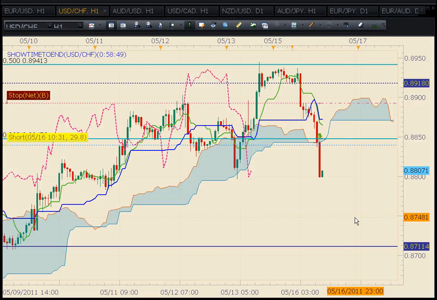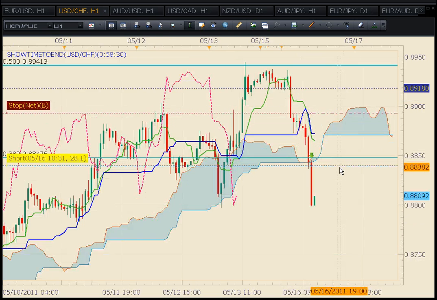Okay, I want to show you a trade that I just made on the USD Swiss franc using the Ichimoku Cloud. I entered on a TK cross, which is this green line here, your Tenkan-sen, and this blue line, which is your Kijun-sen. I call it the Tenkan and Kijun. I entered on a TK cross, and the reason that I took this trade is if you look here,